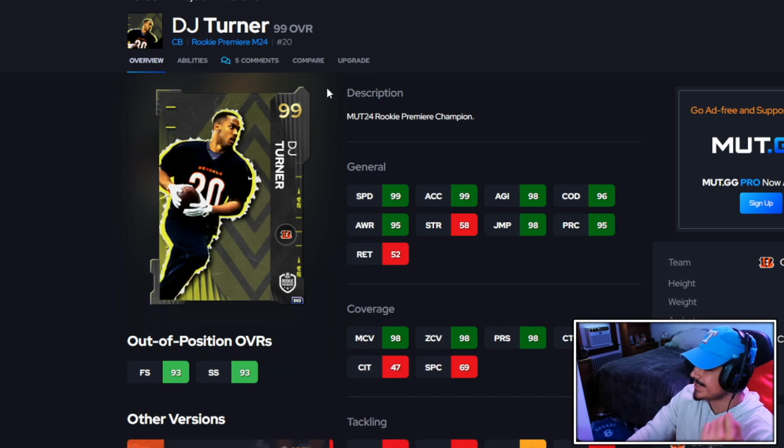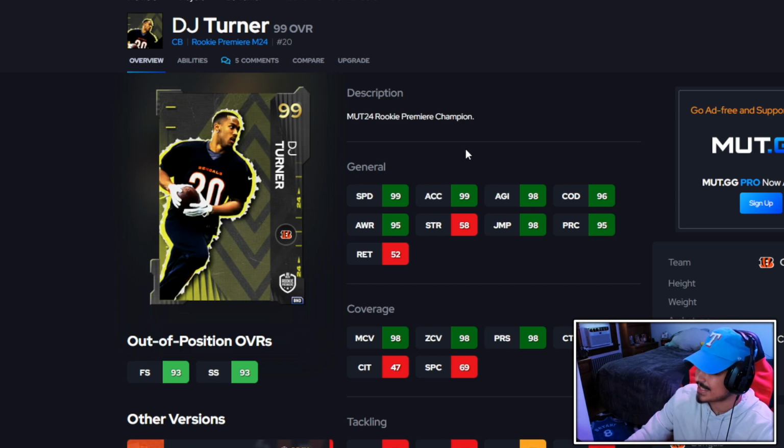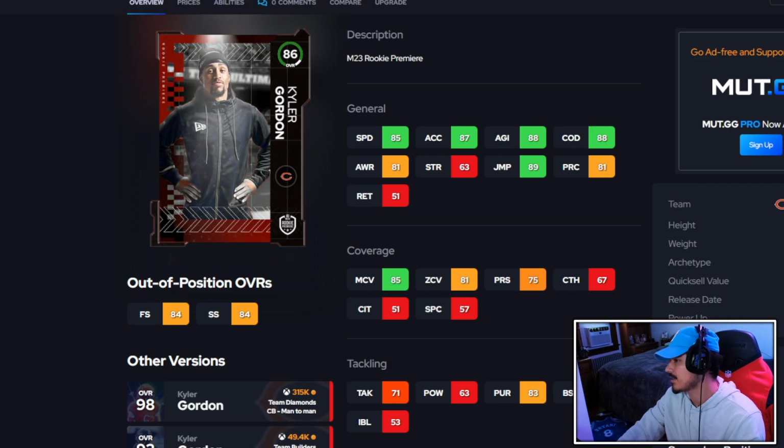The next man up is DJ Turner, a 6 foot 180 cornerback. As far as Madden 23 goes, he'll be okay. Obviously, we have big body receivers, and people want their 6'2", maybe 6'8" corners. Who knows? But he'll be okay. I think he's got good stats. Obviously, the tackling is at a pretty big hole there. And as far as comparing him to